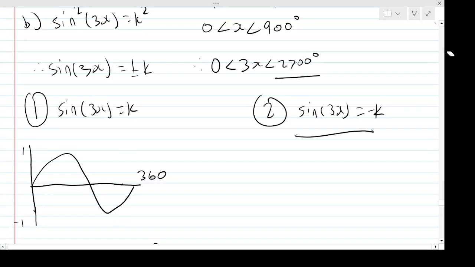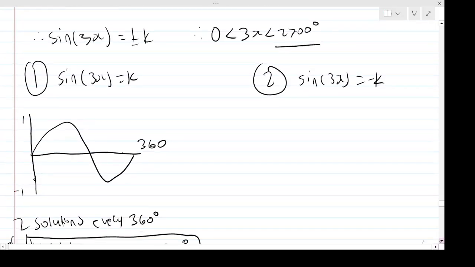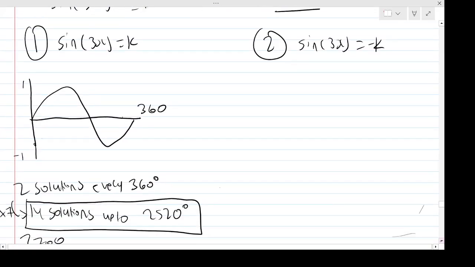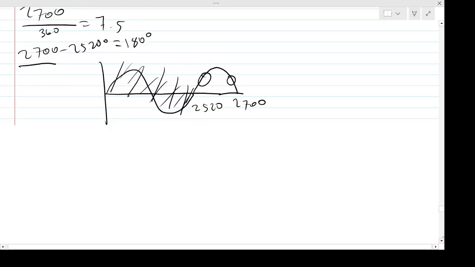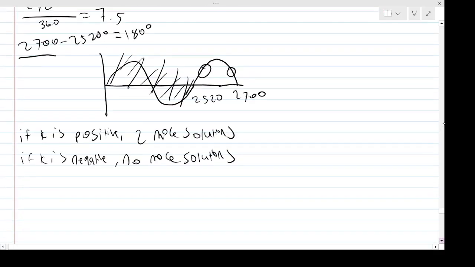Sine 3x is minus k. So again, we get pretty much very similar, right? Very similar argument. We don't need to repeat it. Again, there's going to be 14 solutions up to 2,520, right? And we've already seen then that there will be two more solutions after 2,520 up to 2,700 if k is positive, or if k is negative, there'll be no more, right? But the thing is,